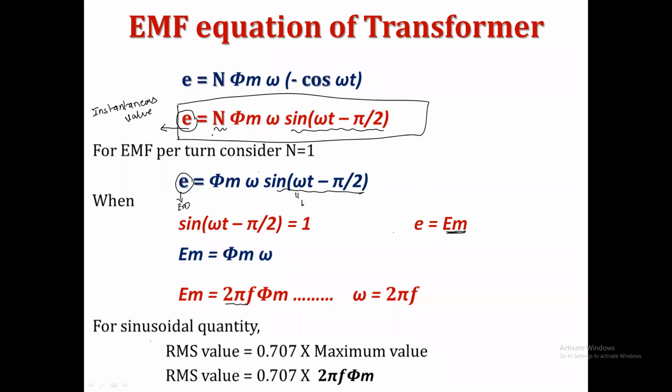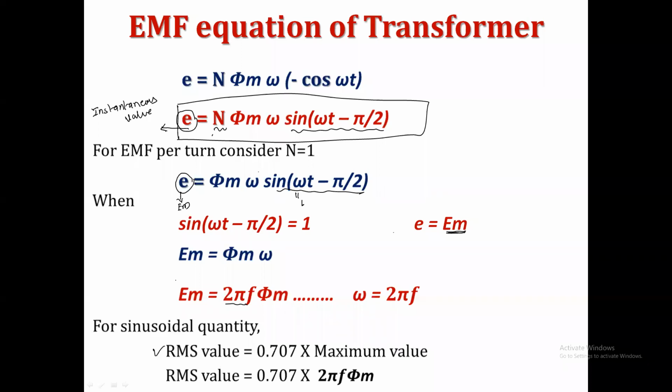for a sinusoidal quantity, RMS value, do you know that RMS value? What is meant by RMS value? Yes, root mean square value. Even if you have not understood what RMS value means, we will see it in the next topic, because we have not yet seen the basic fundamental things of AC circuits. Right now, for this derivation, please remember the RMS value means the root mean square value, which is nothing but 0.707 into maximum value.